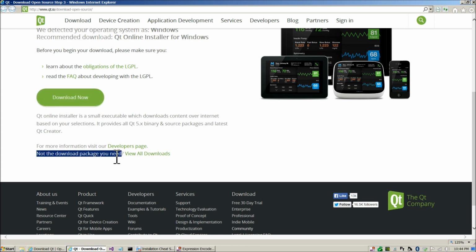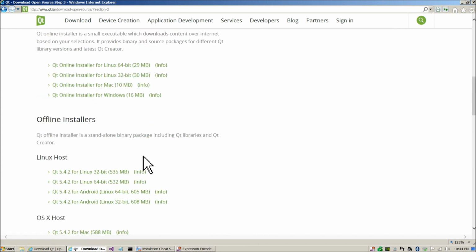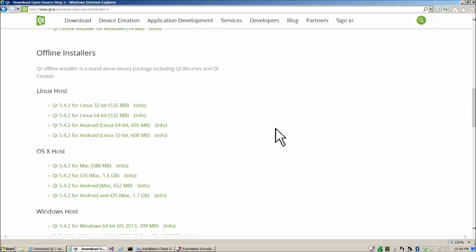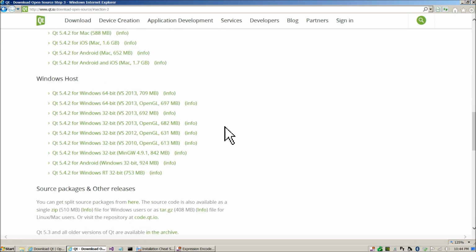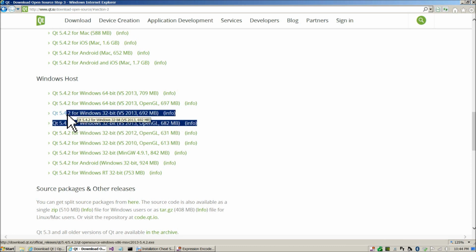So go down to this point here and choose View All Downloads, and skip by this. That's the online installer that's going to auto detect 64-bit on your computer. Instead go down to here and look for Windows 32-bit Visual Studio 2013. So either of these. And the difference here is that I'd rather not get too sidetracked into a hardware discussion here, but